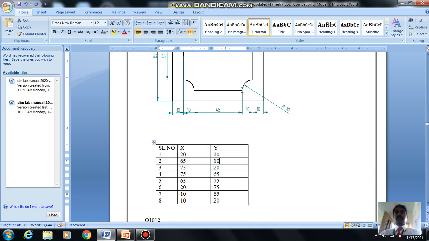Now from here the tool has to travel to this point. From the origin, the X distance and Y distance for this is 75, 20. That is 20, 40 plus 45 plus 20, 65, here 110. So 75 is in the X direction and in the Y direction already 10 here and one more 10, this is a radius. So we will get 20 here. Right. So next is point 4.